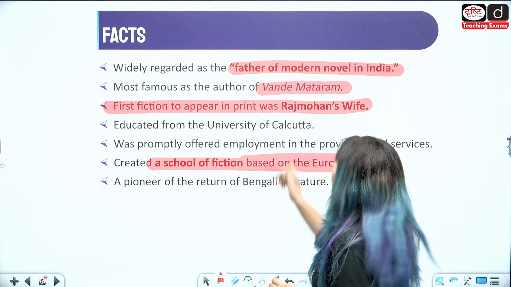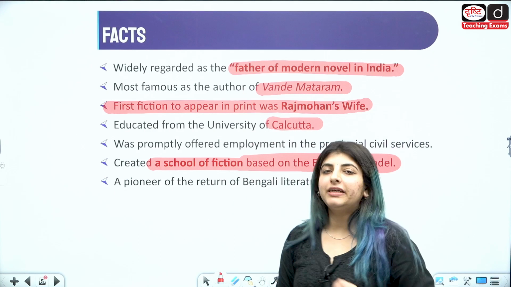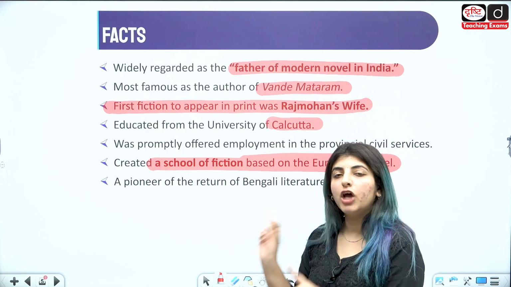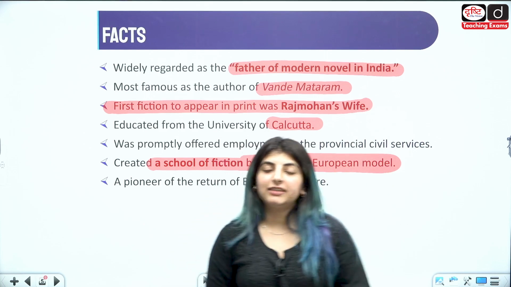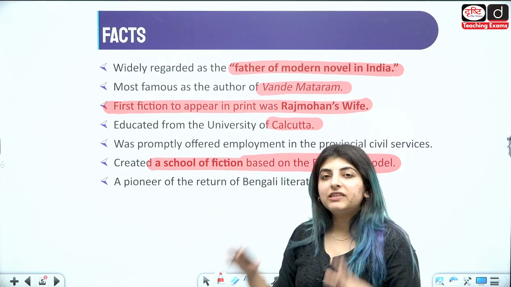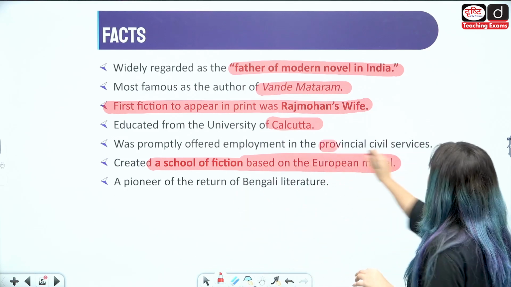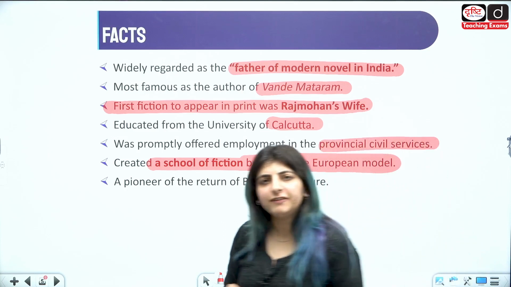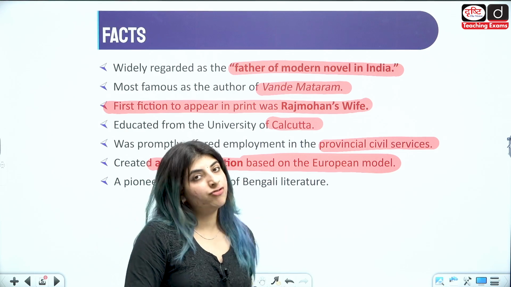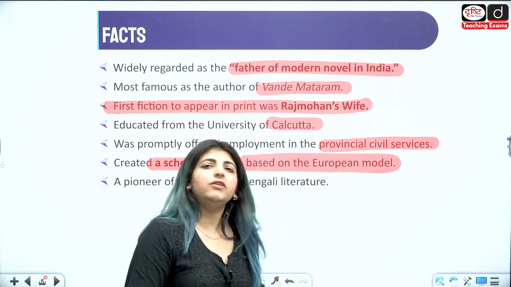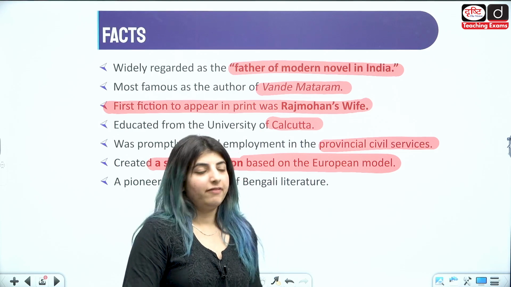He was educated from the University of Calcutta, and at that point of time, only approximately 3 universities were there, out of which one prominent university was Calcutta, and we see this particular writer studying from there, and that's why he even got the chance to be selected in the provincial civil services, right? So if we see, because of his education and his contributions, he is not just a novelist in the Indian English field, but he is also a poet, right?